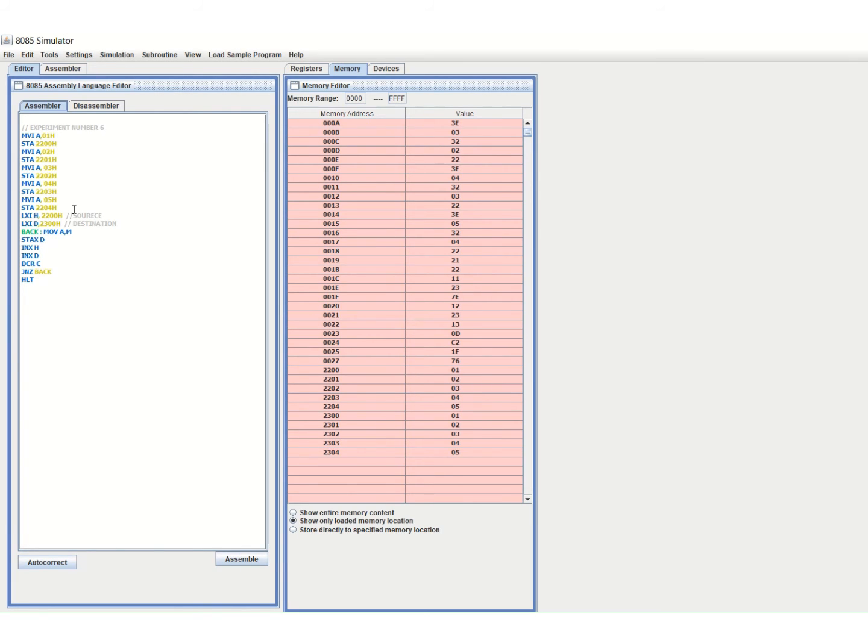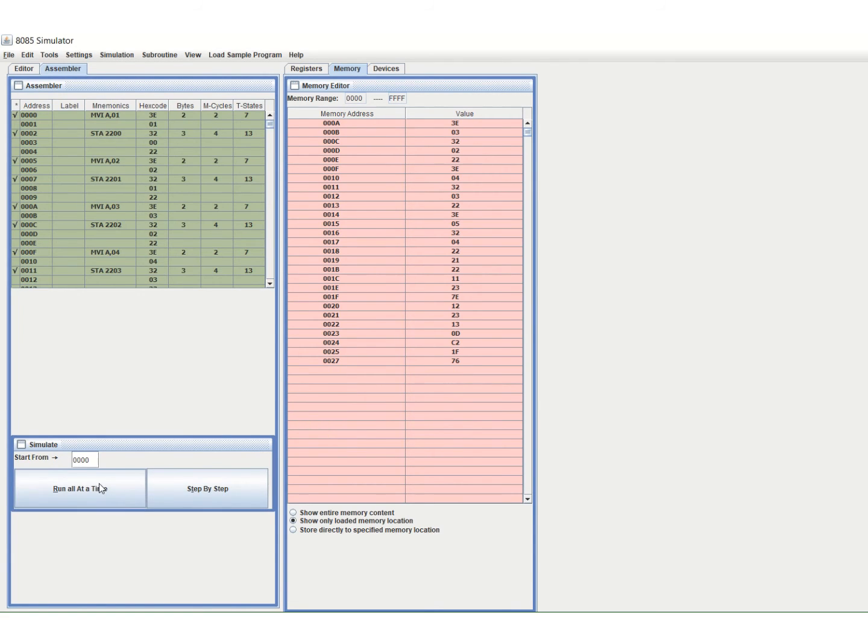The counter here is 5, so I am selecting 5 memory locations. Here I will assemble this code and run it.